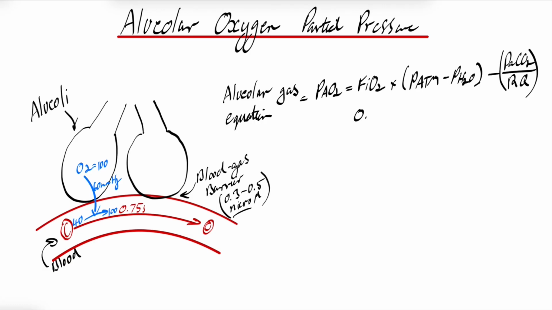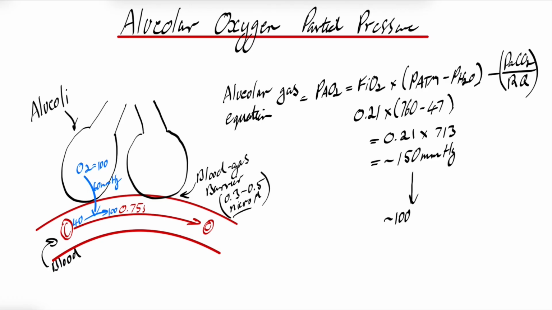Therefore, the equation becomes 760 minus 47, which equals 713 millimeters of mercury. And then you multiply this by the inspired oxygen fraction, which is 21%, which gives an inspired oxygen tension of approximately 150 millimeters of mercury. And then once oxygen enters the alveolus and mixes with carbon dioxide, the alveolar oxygen tension falls to around 100 millimeters of mercury. And this is because if you consider the end of this equation, your PaCO2 divided by your